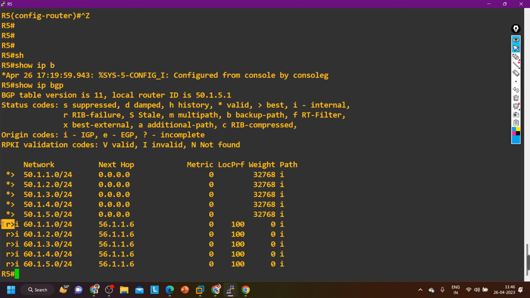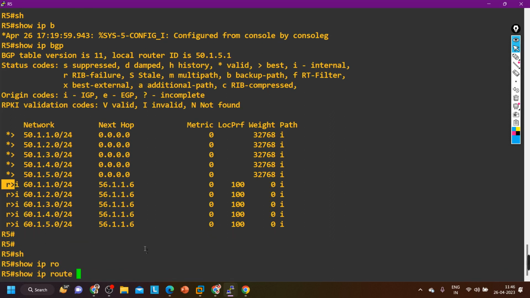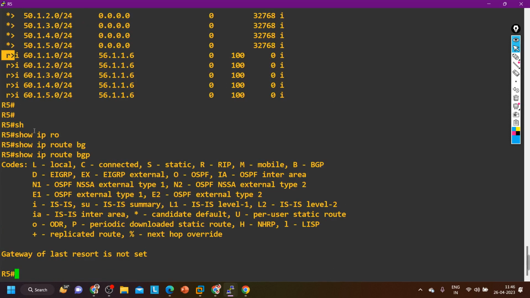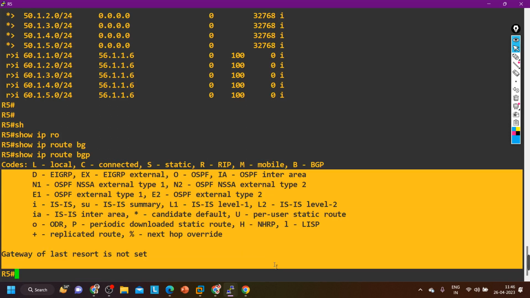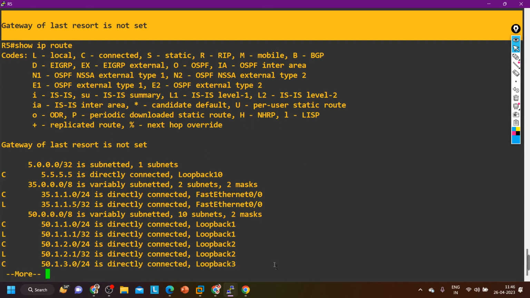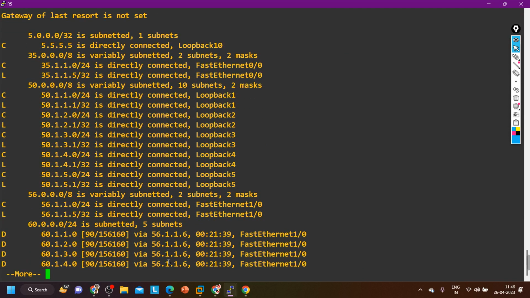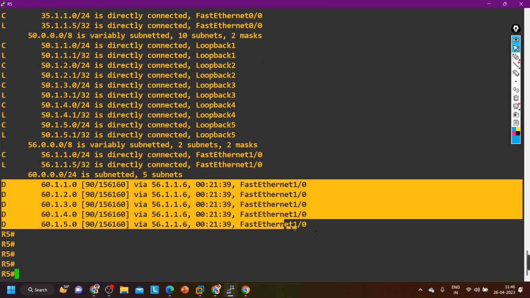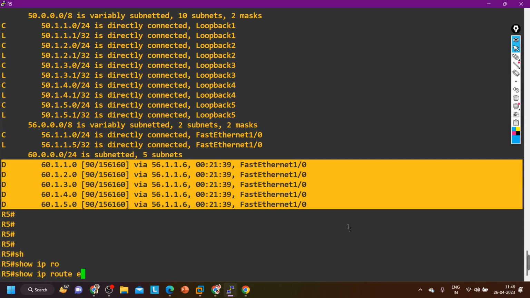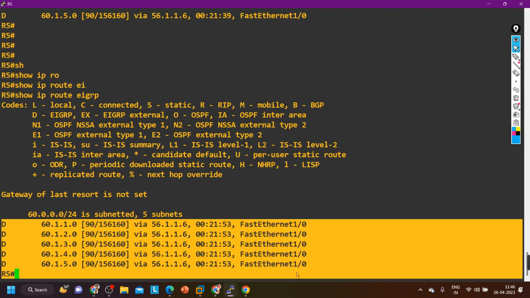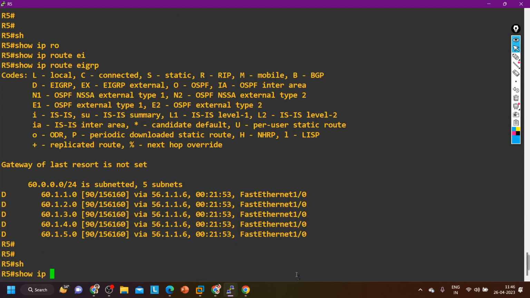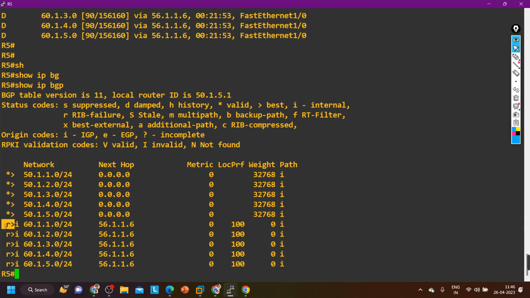Guys, what is this R? What is this R? Show IP route BGP. In the BGP table, this router has not installed any of the 60 prefixes. So show IP route. So what am I running? I think I am running EIGRP as well. So the router is getting these prefixes from EIGRP, yes or no, in the routing table. Show IP route EIGRP, you can see. So that's why here in the BGP table, show IP BGP, you are able to see this symbol R, and